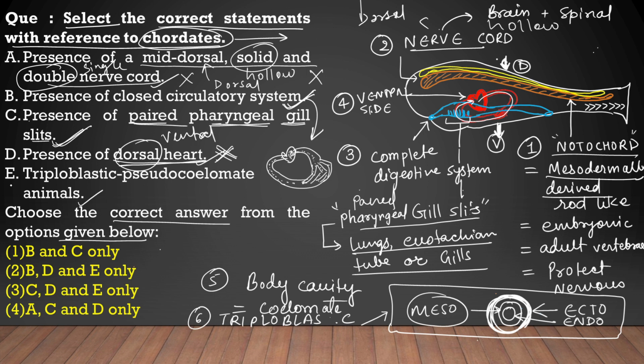Now the fifth option is triploblastic pseudocoelomate. It is triploblastic because it has three embryonic layers, which is correct, but it is not pseudocoelomate; it is a true coelomate, a eucoelomate. So the fifth option is also wrong. Out of these five options, you can see that only B is correct and C is correct. So the correct answer will be